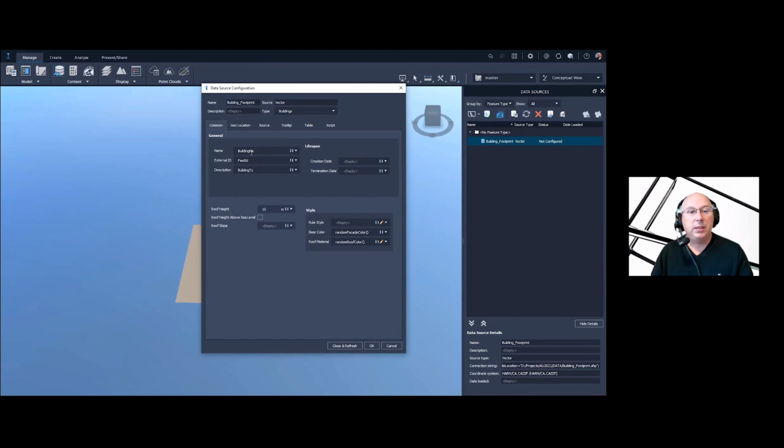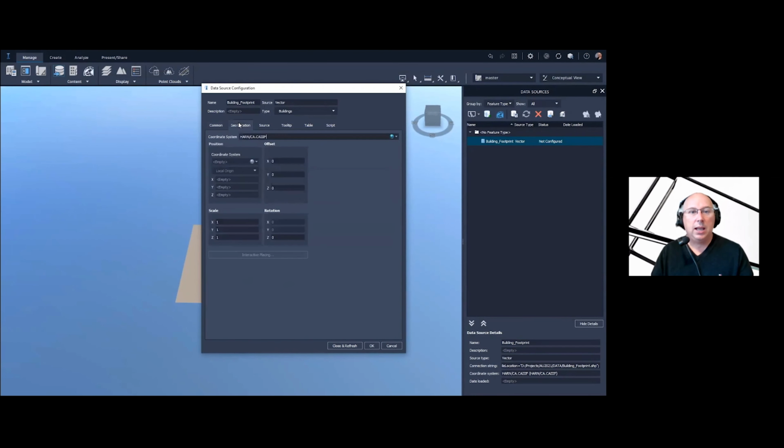So I'm taking the building type and the building name and making that the description and the name, because the name and the description are permanent parts of the building model. So that's the metadata of the buildings. So if you want the attributes to come across, you have to match them up to something that already exists in the buildings, or you won't get that DBF information. So that's how that works. So at least I got the building name and the building type as name and description. And that's how I did that.